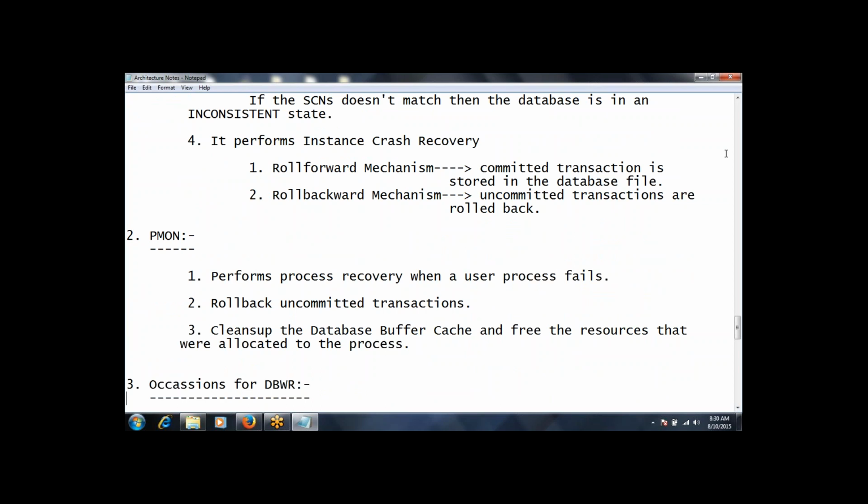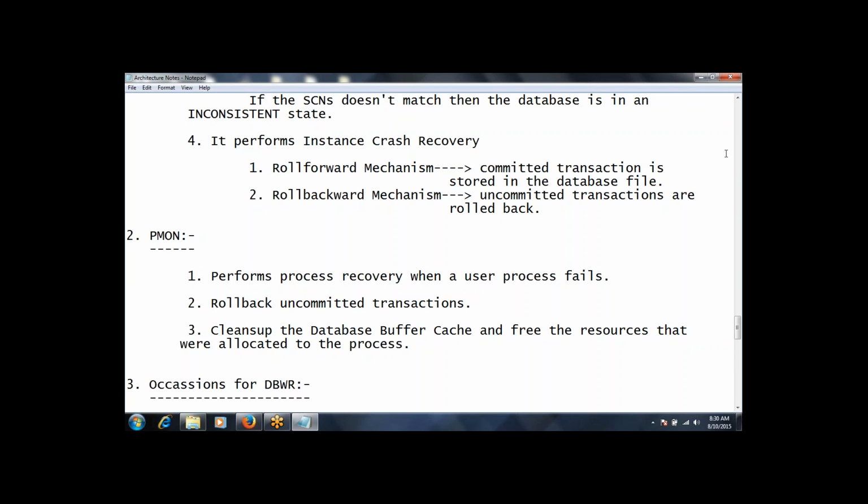And next is PMON. PMON is process monitor. Whenever a user gets connected, a session gets established, as I told you. Similarly, if some other user gets connected, again another session will get established.